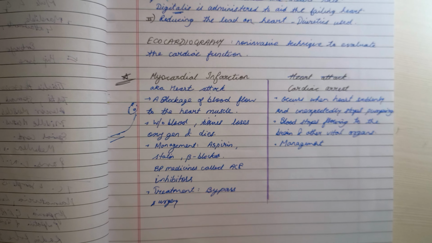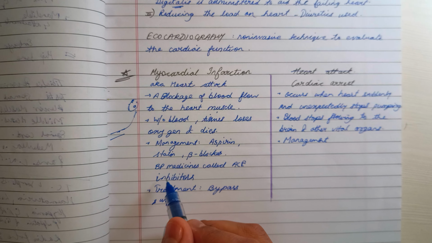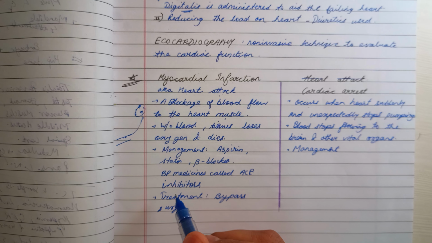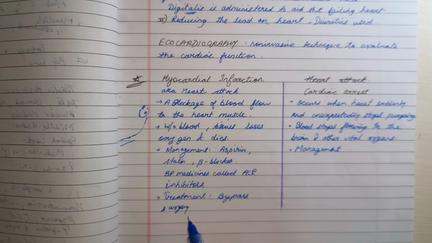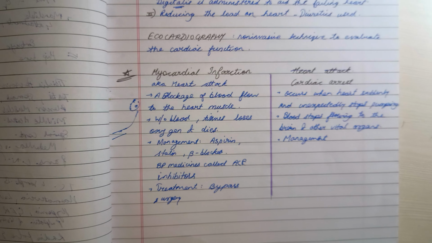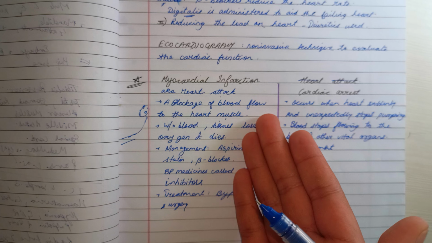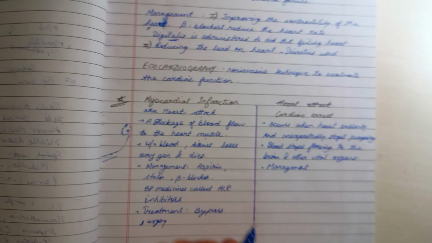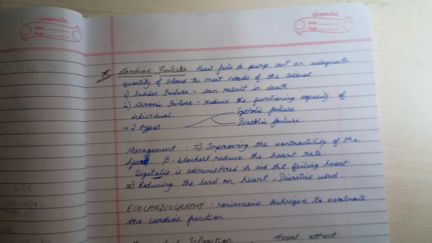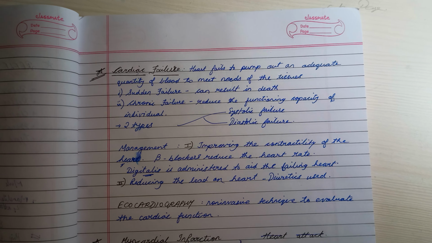Myocardial infarction is managed by aspirin, statins, beta blockers, and medicines such as BP lowering medicines known as angiotensin converting enzyme inhibitors. Okay, treatment: bypass surgery, or we can also call it PCI, that is percutaneous coronary intervention, which is used to treat the blockages in the coronary artery. Okay, so this was about cardiac failure and the differences between MI and cardiac arrest, also the